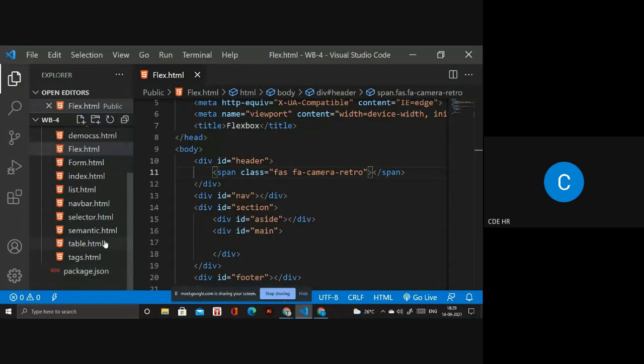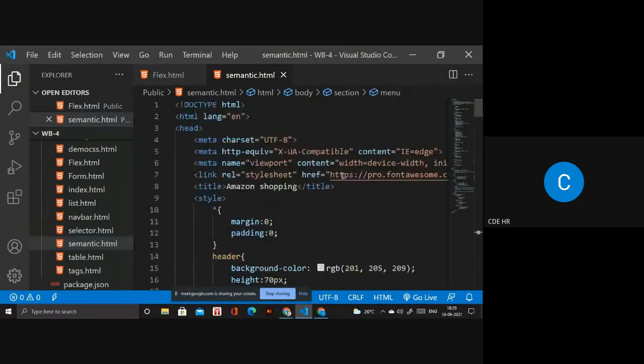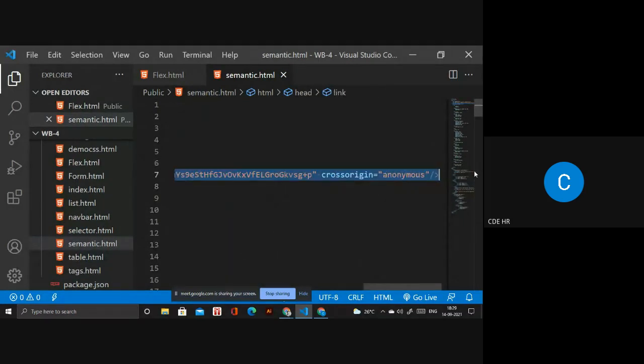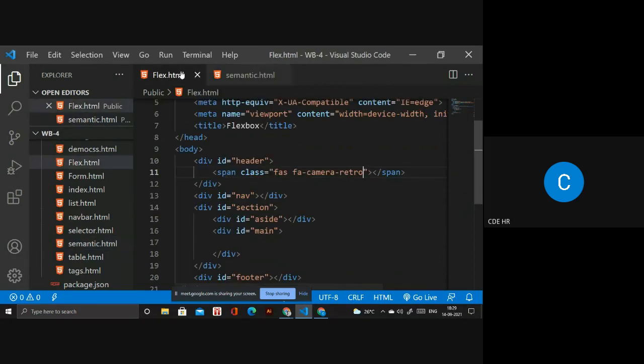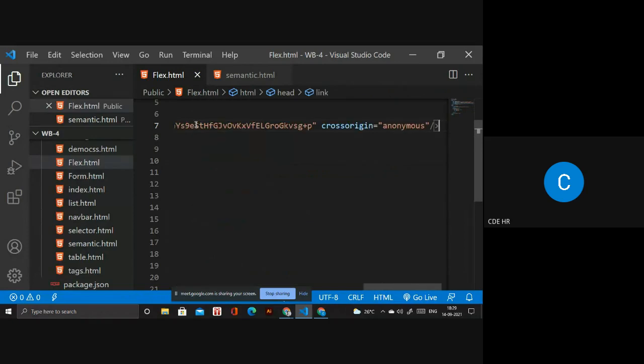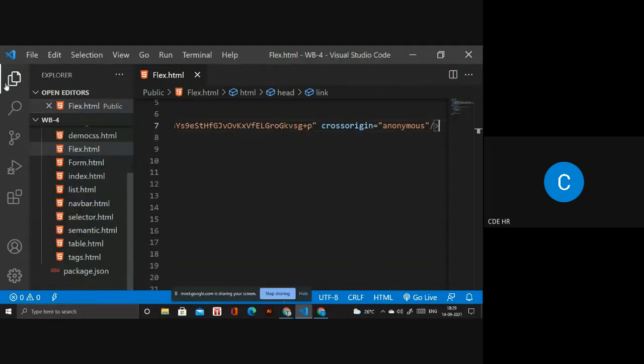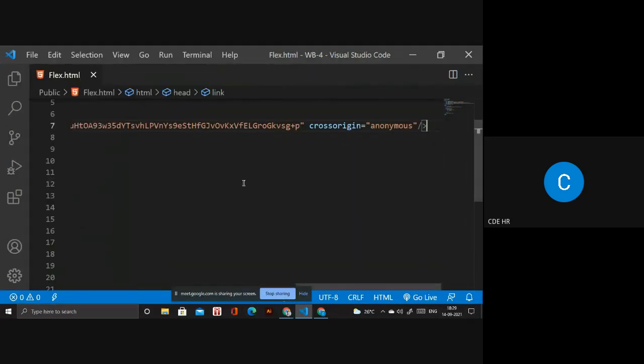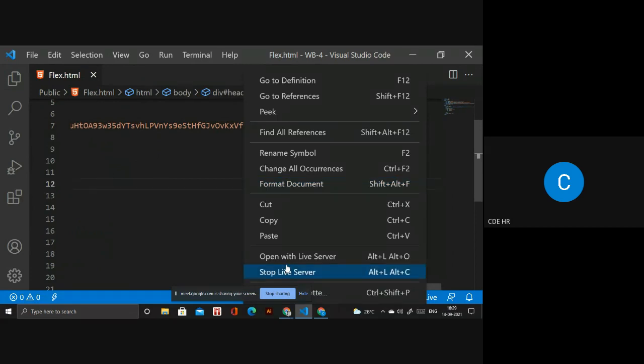So you have to go there. Where is that link? I think inside there. Yeah. You have to copy that link and paste it inside the HTML text in the header part. Okay, done. So if I open that one, let's see what happens.